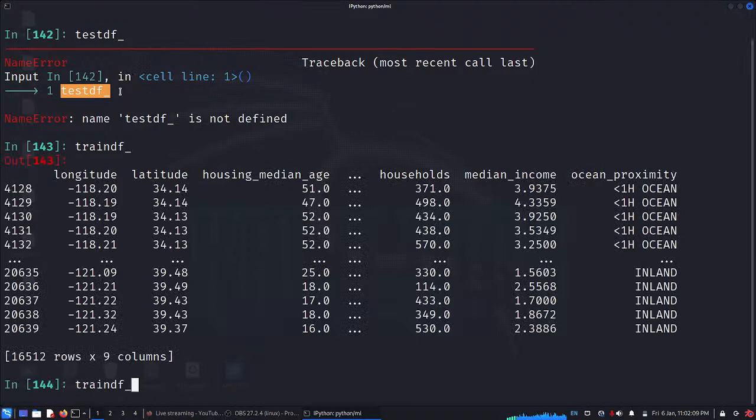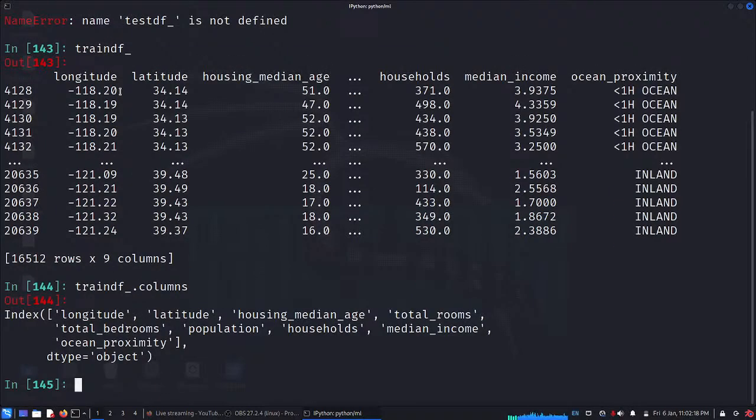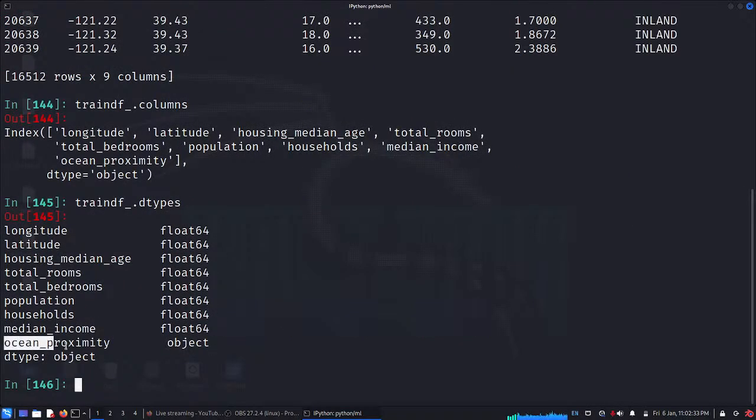If you look at train df and its columns, and if you look at train df dtypes, we see that there is an ocean proximity column, while all the other ones are floats. And this one is actually, if you look at ocean proximity,